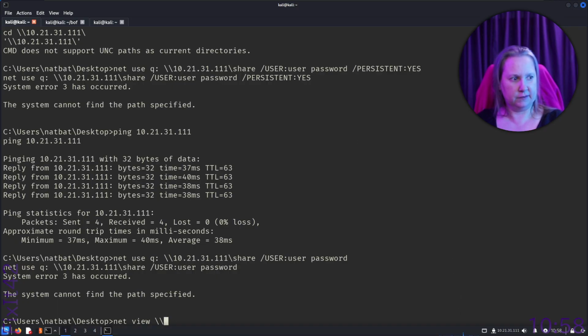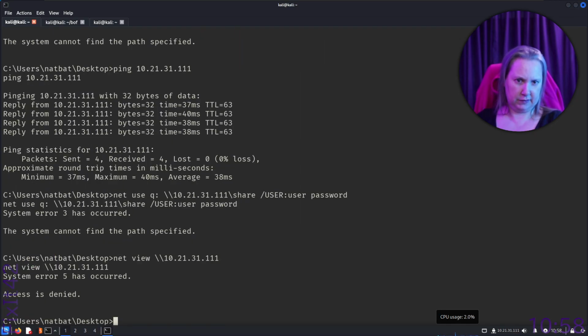Was it 10.21.31.11? Access is denied. Yeah, because we need then